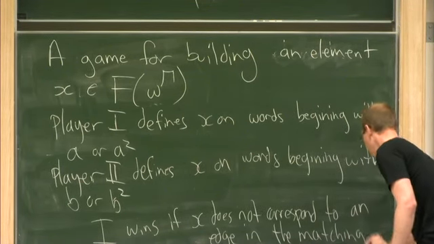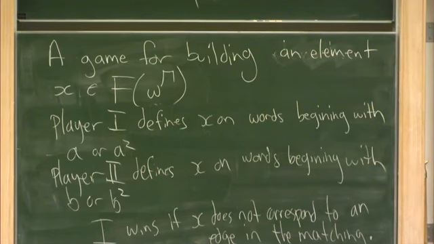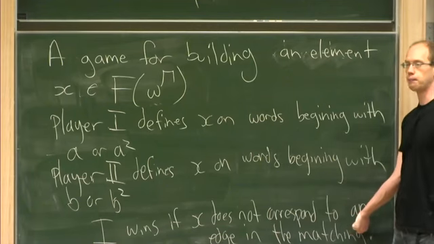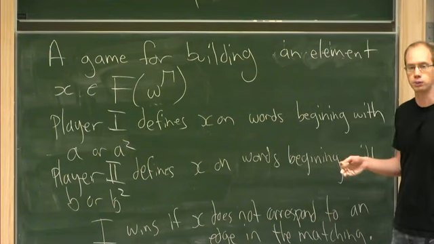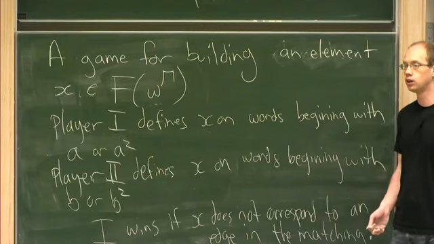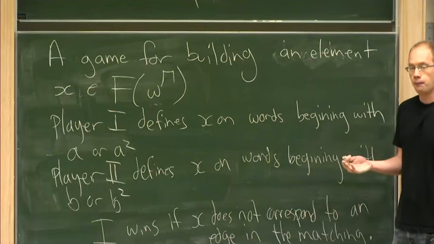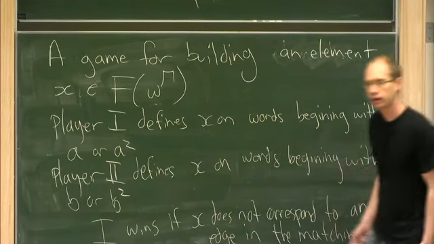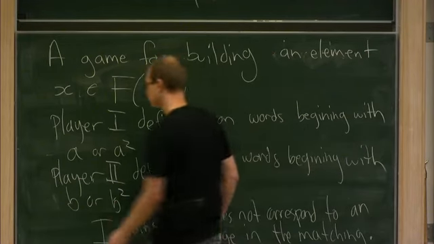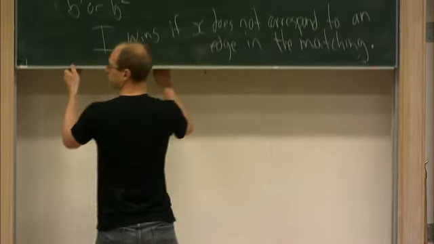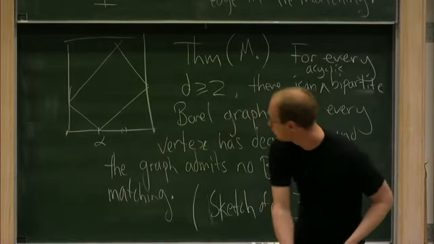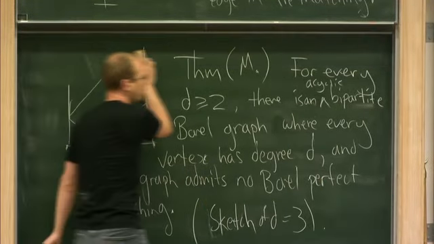So I'm setting up a proof by contradiction where I assume that there's a Borel matching that's perfect of the graph. This then becomes a Borel winning condition. And by Borel determinacy, there's a winning strategy for one of the two players. I want to find now some point in the graph which is either unmatched or some point which got matched to more than one thing. So it's not giving me a bijection. Either it missed something or it mapped two things to the same point. All right, so the situation here is going to be pretty symmetric. Let's suppose one wins and get a contradiction.